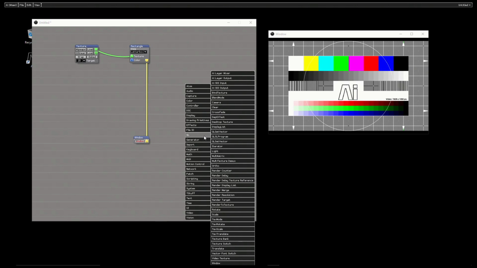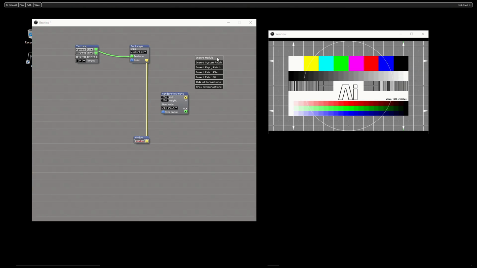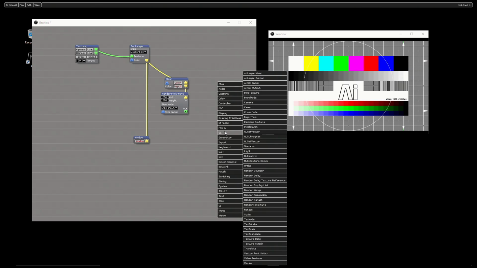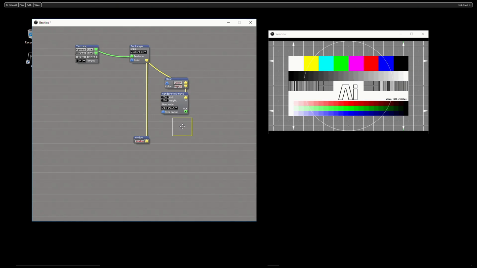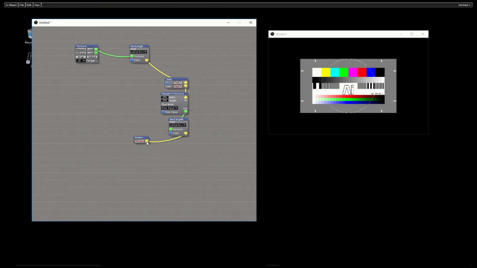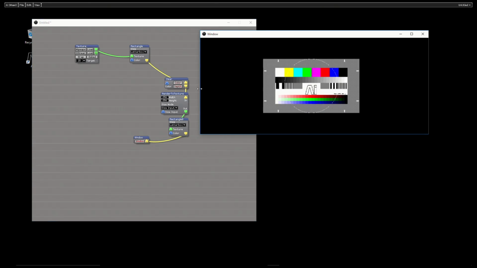So both of these are going to be in the OpenGL section because they're on my yellow pipeline. Render to texture, and then the clear module as well. So my clear goes into my render to texture, and my clear takes the output from the rectangle, and then I want to actually convert back from green to yellow. So I'm going to use another rectangle here, which might seem counterintuitive, but it's just the way it works. So we're going to go green into there and then yellow into there. Okay, so now